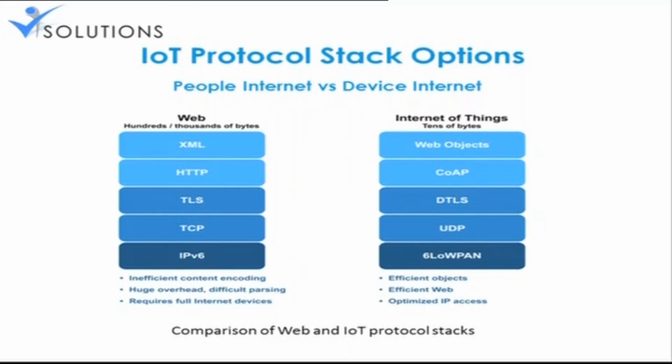You can see here, for Internet of Things, what will be the base? 6LoWPAN will be the base, and it will be using UDP. When I say UDP, you know what UDP is? User Datagram Protocol. That will be the base for it, and that is the actual way we communicate through the network and the way the internet will be communicating. The network will be of a different architecture. This is the architecture I'm talking about. This will be happening. Getting it? This will be playing a vital role.